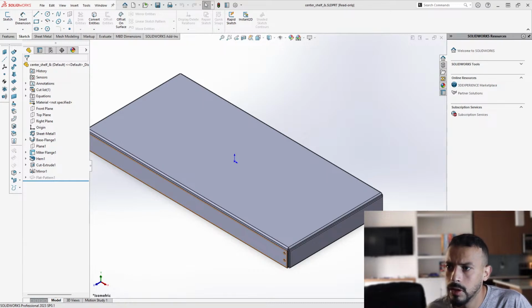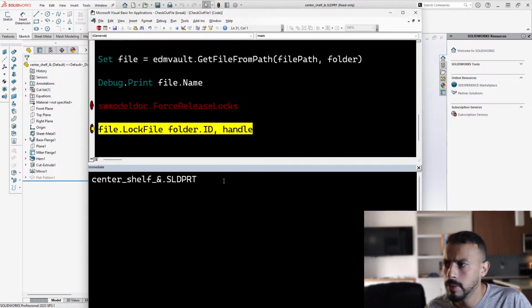So let's just do a little refresh. Something went wrong the first time. I think it checked out the file, but it crashed SolidWorks. So the shelf is checked out. So let's go back to our code. I'm just gonna save this,